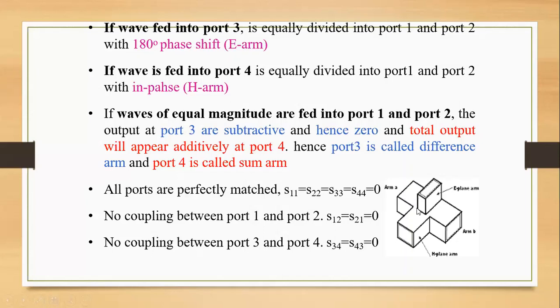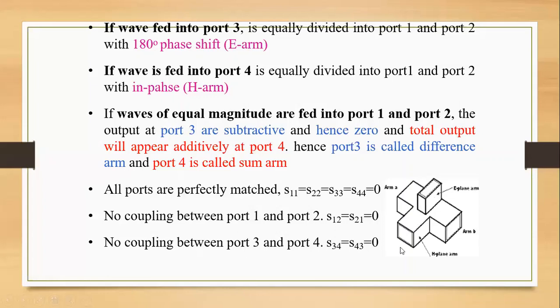Now, the one thing which you have to remember is, because there is a coupling between E and H plane, when you give input to port 3, or if you consider it as E-plane, you can see there will be no output occurring across your H-plane. H-plane will be blocked by your E-plane and you will be getting the output only across port 1 and port 2. Similarly, if you give the input across your H-plane, you won't be getting the output across your E-plane.